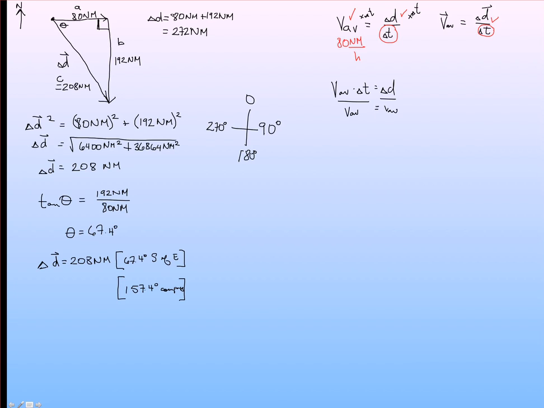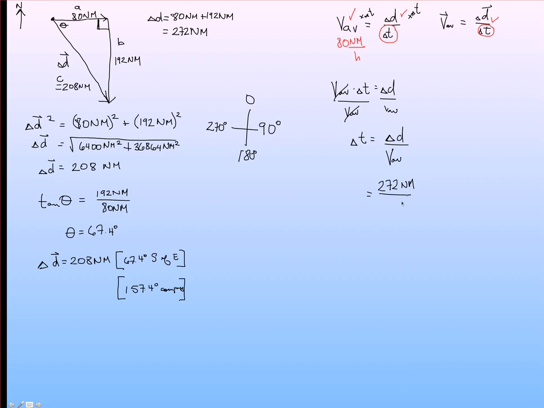And so we get delta t equaling delta d, because these cancel, divided by average speed, which equals 272 nautical miles divided by an average speed of 80